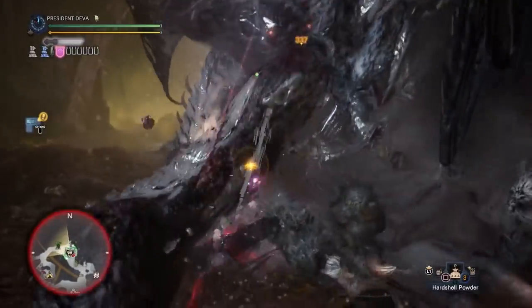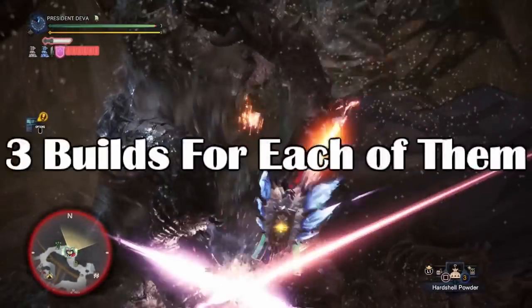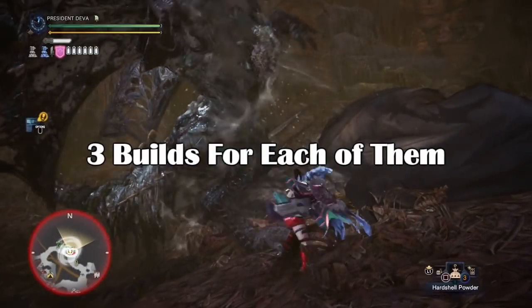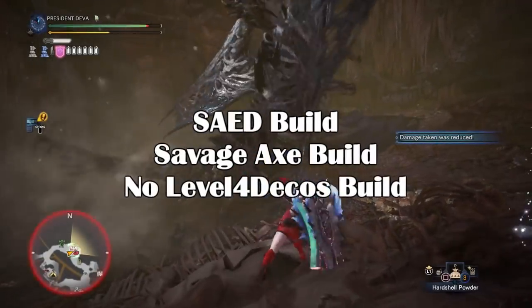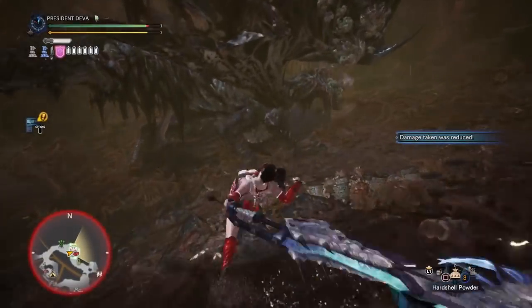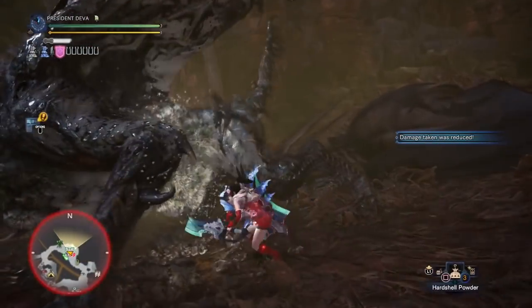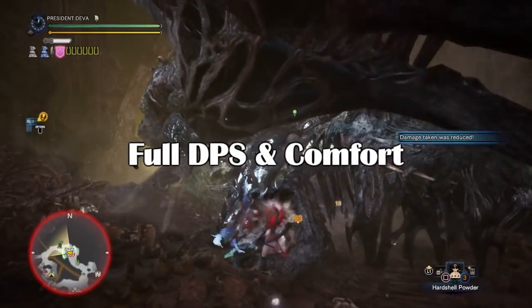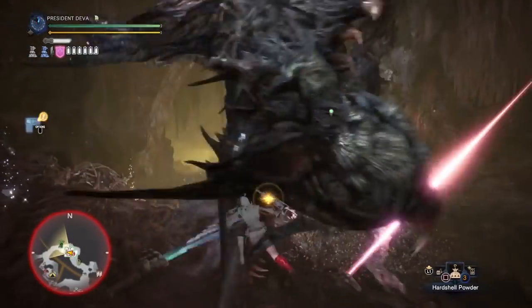I've picked 3 charge blades, the Styx, the Sora and the Brachydios. For each of them I've made 3 different builds: an SAED build, a Savage Axe build, and a build for the people without level 4 decorations yet, so they can work their way up and get the good builds with time. There are also builds with Master's Touch, extra Health Boost and Divine Blessing, so I'm sure everyone will